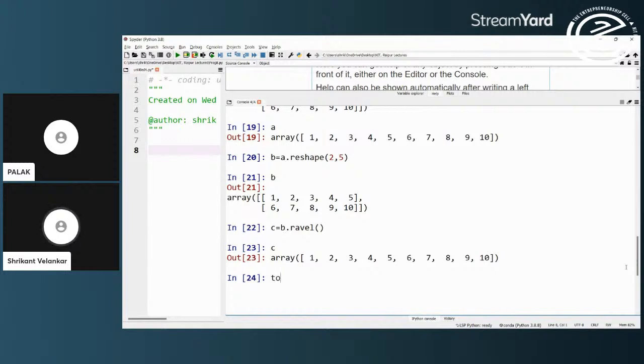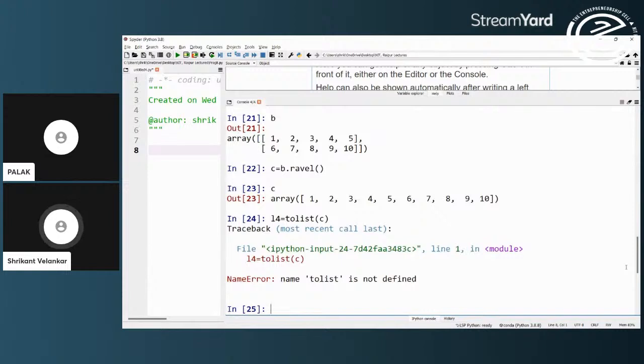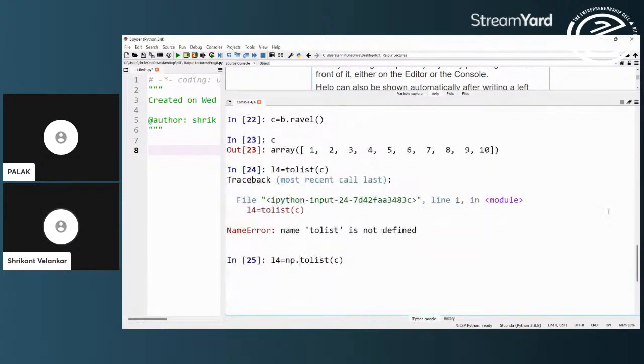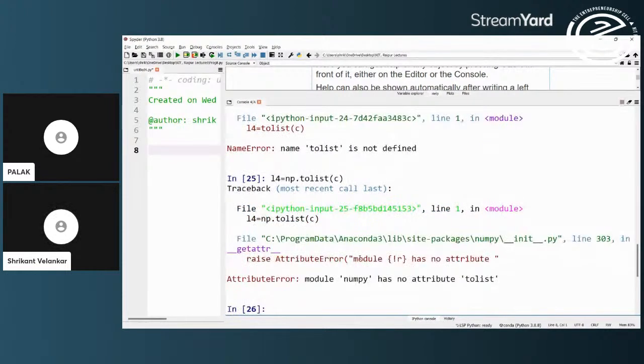So if I say toList function with respect to C, and if I put it to say L4, it will, sorry, what is wrong? Very simple, because toList is a function of the object np inside the module. So I have already instantiated it. So why is it not working?